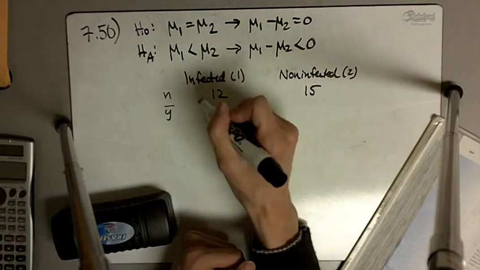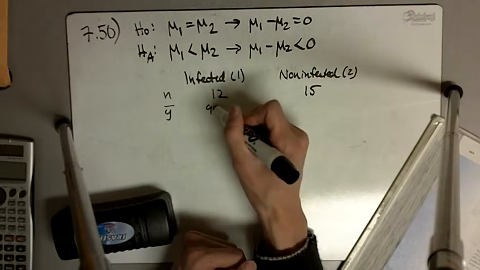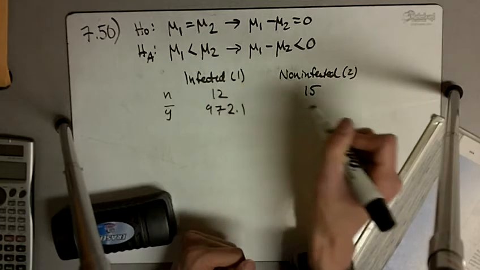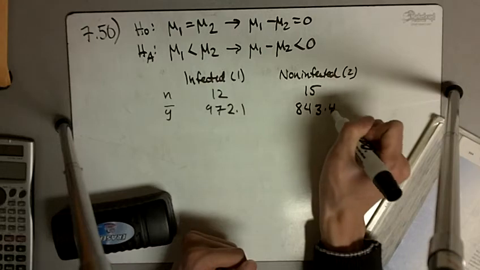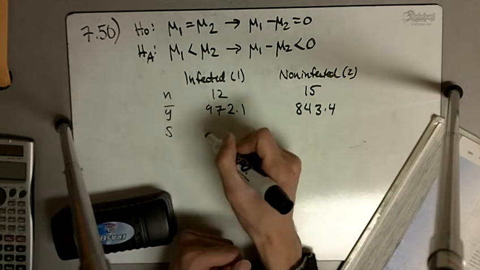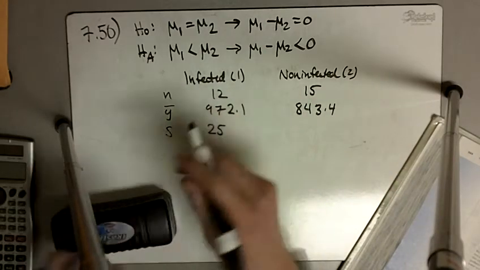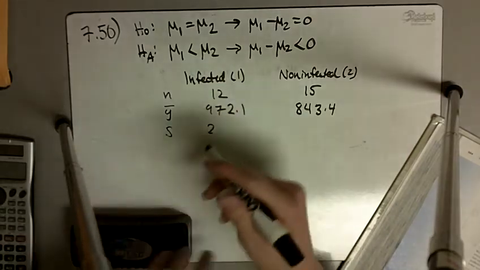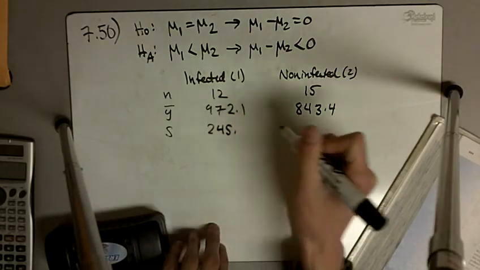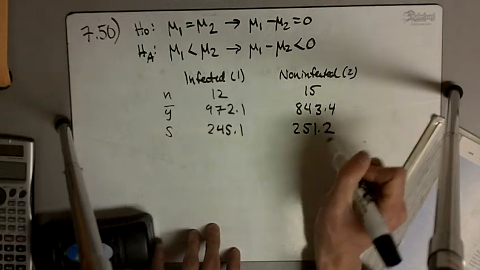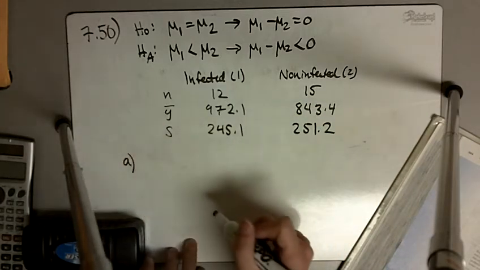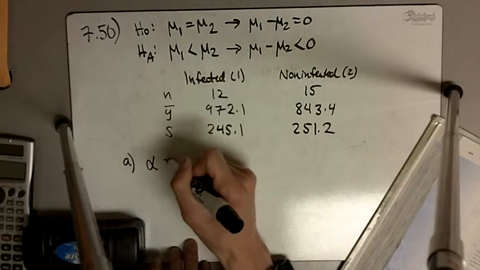The average of our 12 infected lizards is 972.1, and the average of our non-infected group is 843.4. Standard deviation is 245.1 and 251.2. And we want to know, do we have evidence to support at alpha level equal